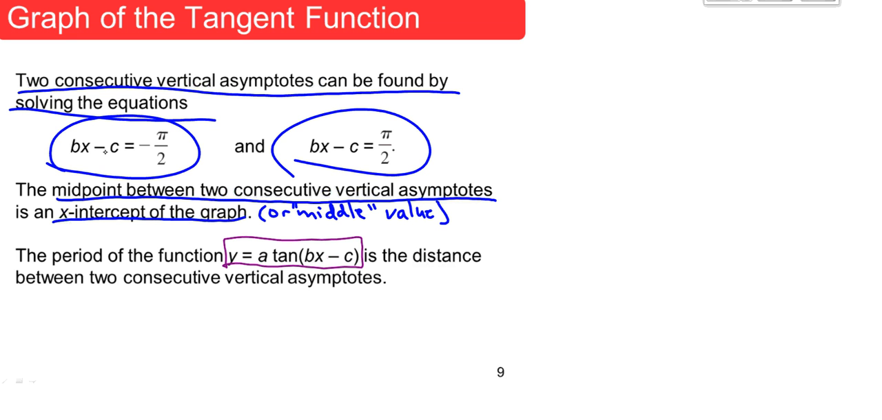The asymptotes are going to be when this bx minus c is equal to negative pi over 2, and when bx minus c is equal to pi over 2. That will give you those two key parts, which are the two asymptotes on the edges. Right in the middle of those two is the x-intercept, and then halfway in between the x-intercept and the asymptote, it's either positive or negative 1, so to speak, as we go. So these are the asymptotes,